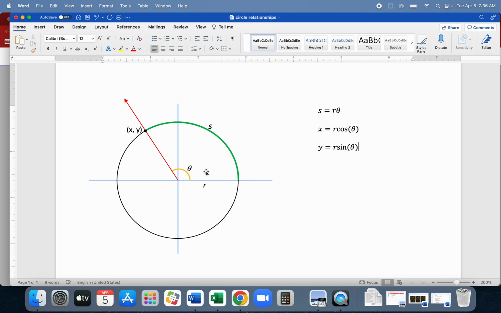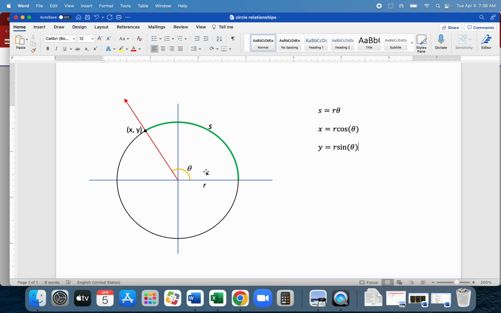Since the radius of a circle is always going to be a positive number, notice this r here can't be negative. I can talk about what if I'm on the left side? Yep, we're on the left side, but the radius is still the distance from the center. It's an always greater than zero quantity in order to actually have a circle. But the cosine and sine values can come out positive or negative, and so x and y can come out positive or negative. Y values, similarly, we can compute by finding what's called the sine ratio, the sine of an angle,